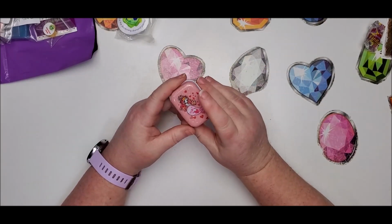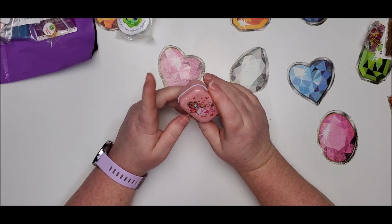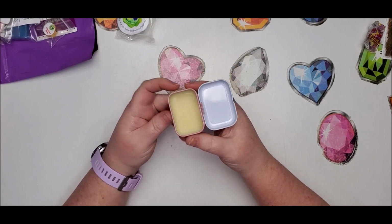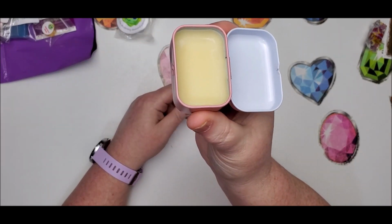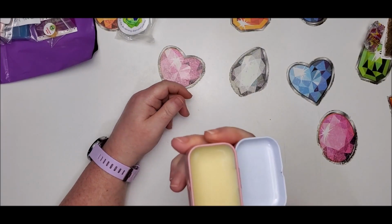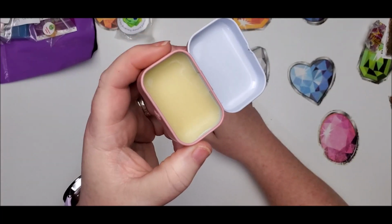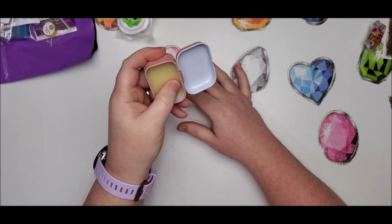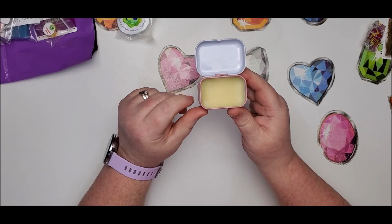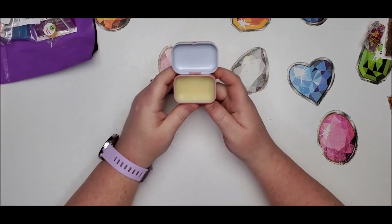So, the Super Sticky does not come scented, and it does not come colored. So, it's all going to be the same color. It's going to look like this. This is the cream color. I smell cinnamon. I don't know why. But it's just a plain wax that's super sticky. So I'm guessing it has the same rules as the regular Paddywaxx, where you kind of need to have it